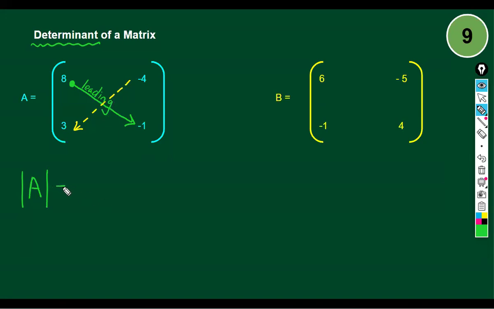He has a special name. To find the determinant of a matrix, you always multiply the leading diagonal first, always. So I'm going to put it here. It will be 8 multiplied by -1. I'm going to simplify it after. And after you multiply the leading diagonal, you always must put what? A minus sign. I'm going to write it here. Must